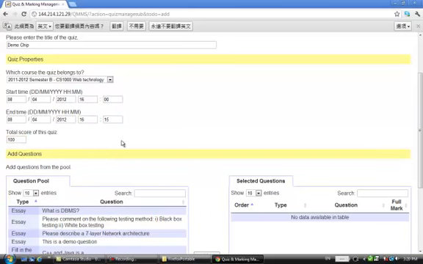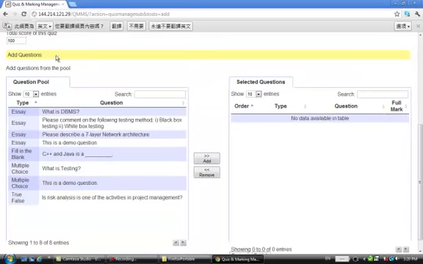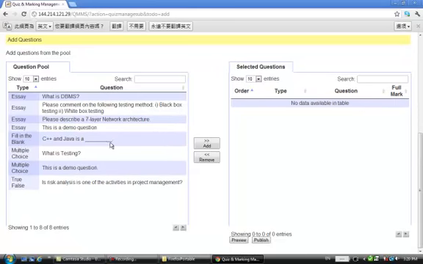After inputting this information, the student can only get into the quiz during this start time and end time, and not at other times. After you input all the information for the quiz, you can now set up the quiz by choosing the questions in the question pool. So maybe I want to add this one,